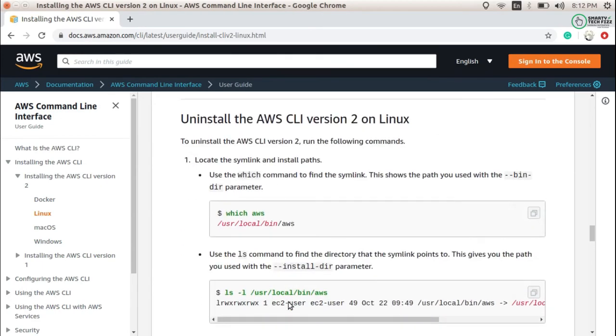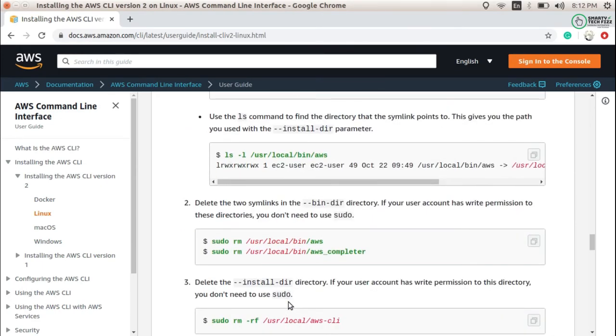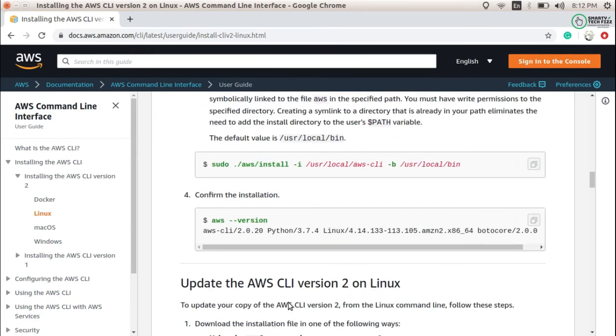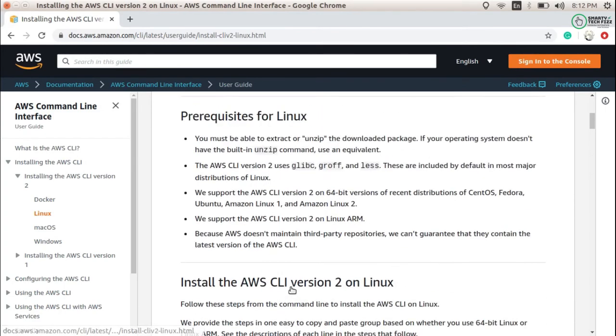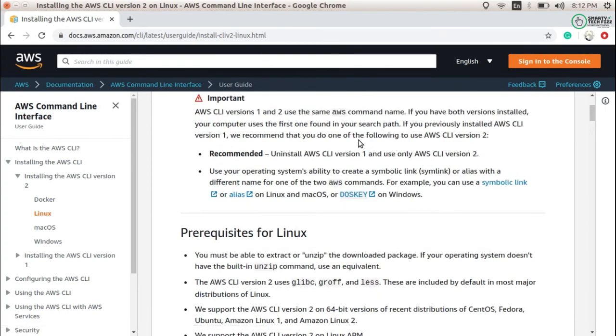So I have explained all three commands: uninstalling, installing and updating. You can go either way, either uninstall and install, or simply update CLI version 2. That will be easier for you. But if you have both versions, just don't forget to update the symlink to CLI version 2.